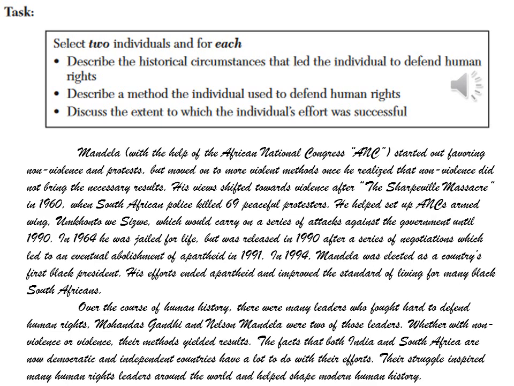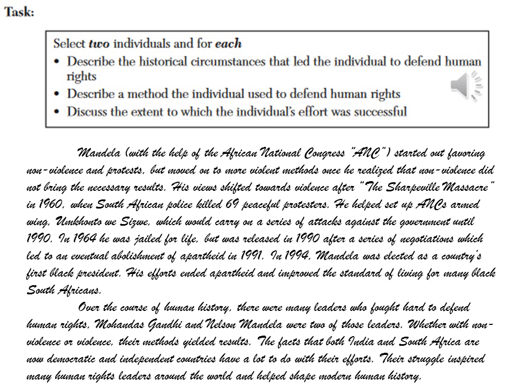Mandela, with the help of the African National Congress, ANC, started out favoring nonviolence and protests, but moved on to more violent methods once he realized that nonviolence did not bring the necessary results. His views shifted towards violence after the Sharpeville massacre in 1960 when South African police killed 69 peaceful protesters. He helped set up